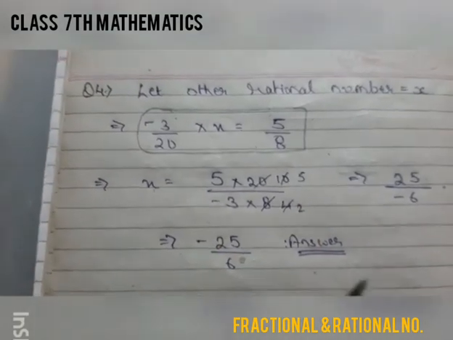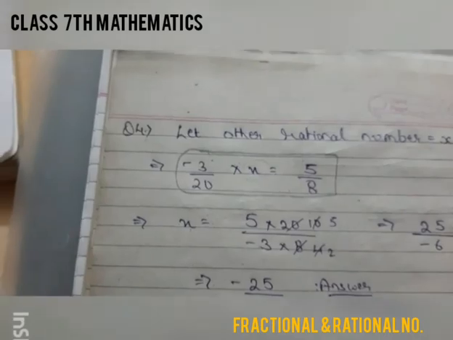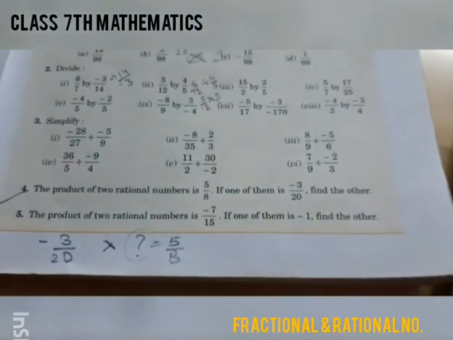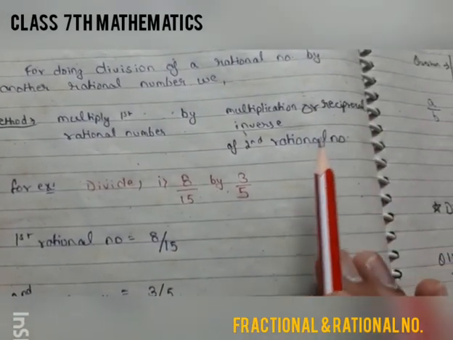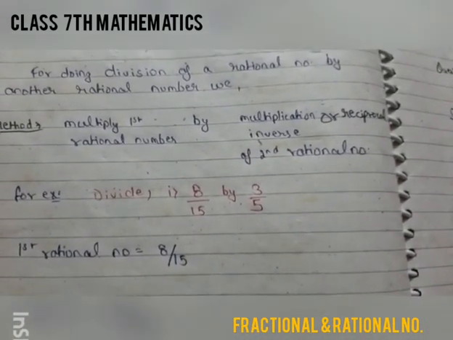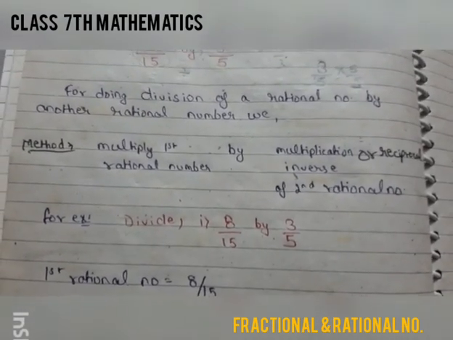So this exercise is very simple. Just remember one thing: when you are solving division of any two rational numbers, the method says multiply the first rational number by the reciprocal of the second rational number. So please solve this exercise in your notebook, and if you have any problem in any question,